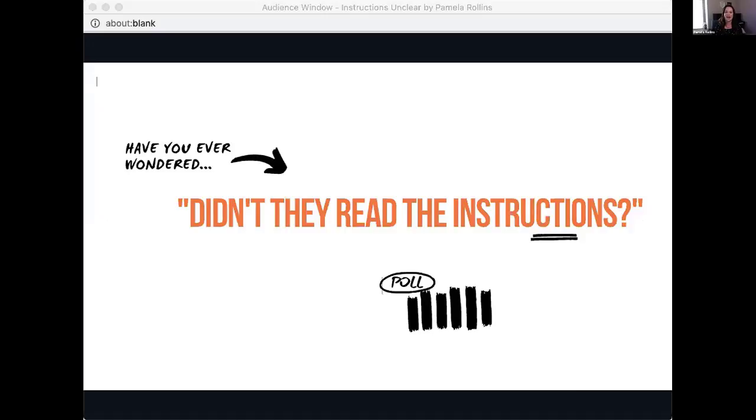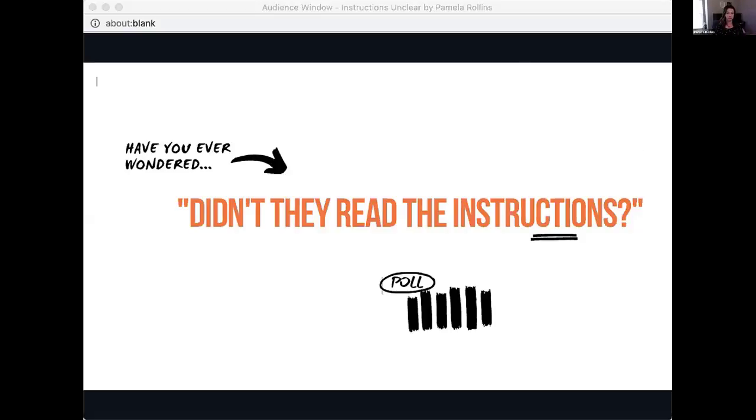And that can be frustrating as an instructor, but we also want our students to learn and we want them to read the instructions. And I started with me wondering, are my instructions unclear? I feel that they are. I've been developing these throughout my teaching career. Other people have contributed to them. Other students seem to understand them.